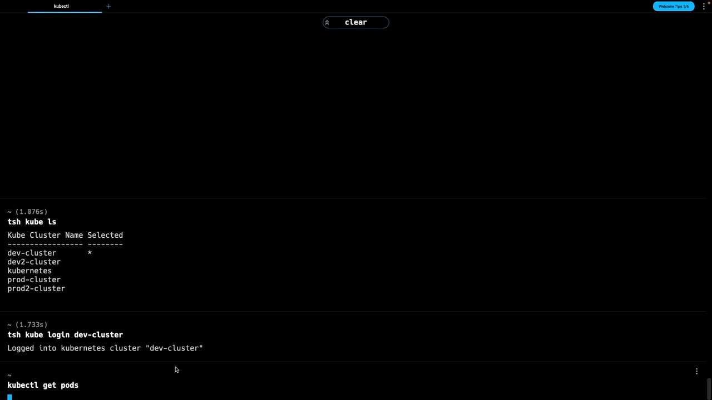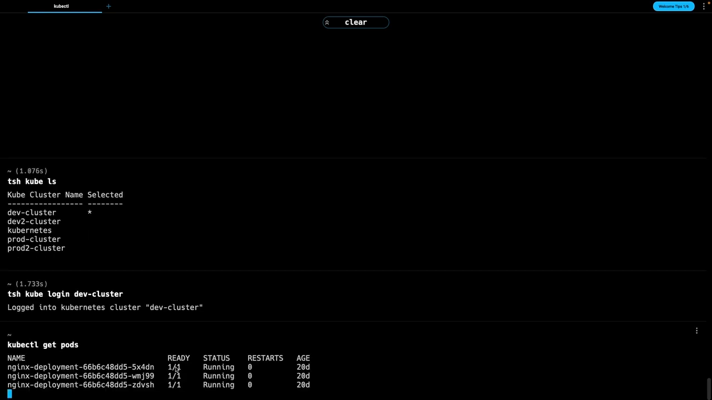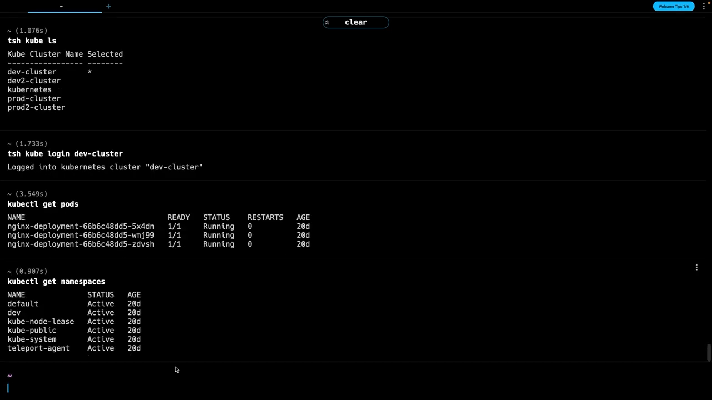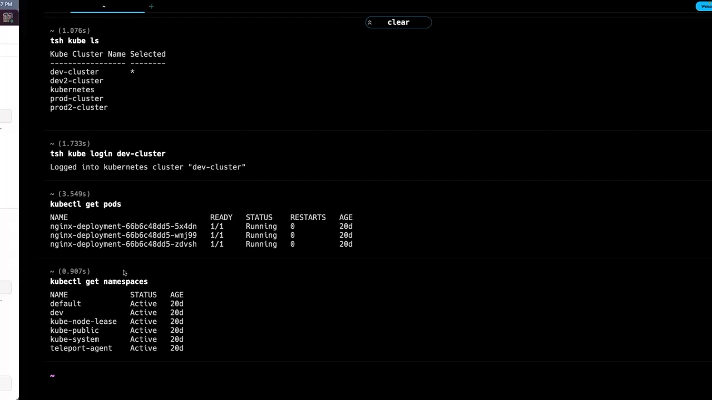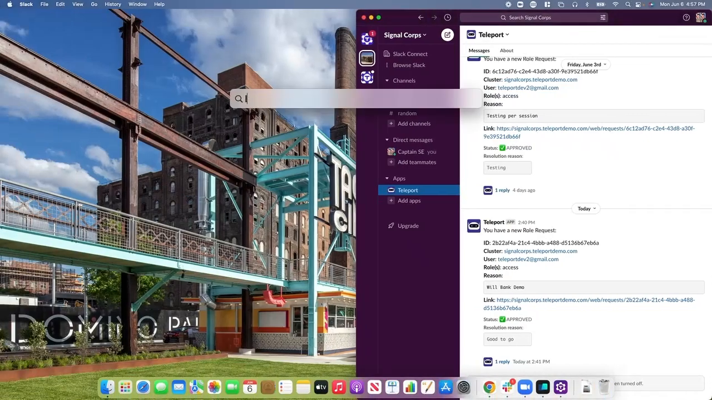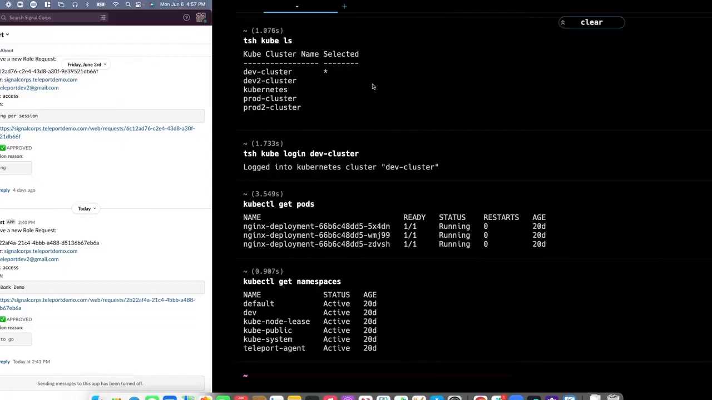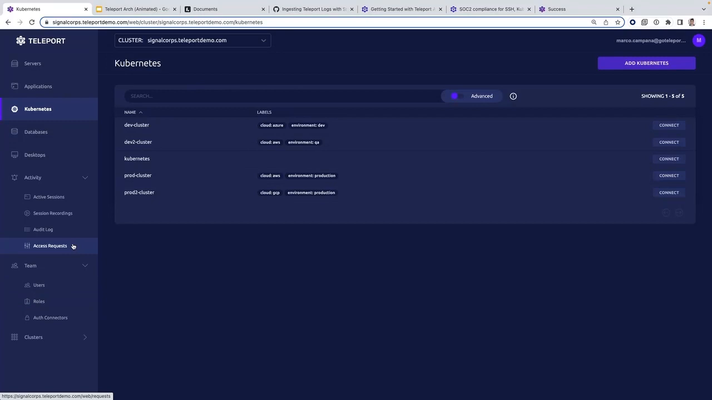I have some Nginx deployments on here. Great, there they are. They're all up and running. Next I'll do a get namespaces to showcase to you that the Teleport agent is the ability and reason why I'm able to do this. And additionally, with this kube config updated, if I want to use Lens for this, while Lens loads,